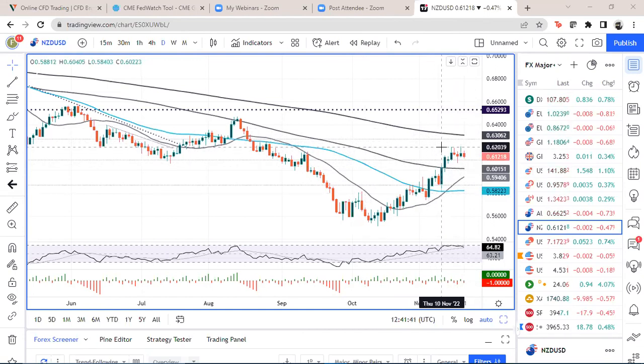If we do get this hawkish tone continued by the RBNZ, and certainly a 75 basis point hike as well, because not everybody is convinced we will get that. Okay, that's the Kiwi dollar. Then finally, let's just look at Eurozone